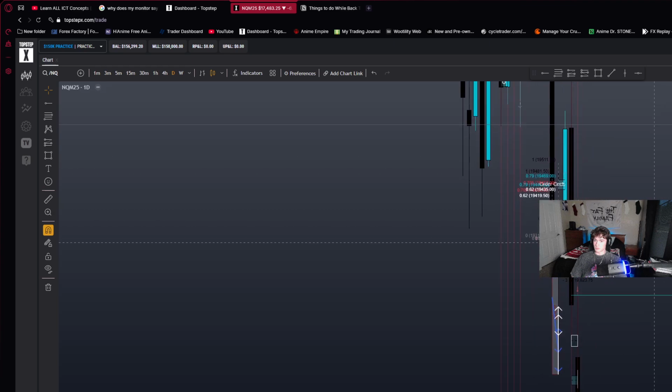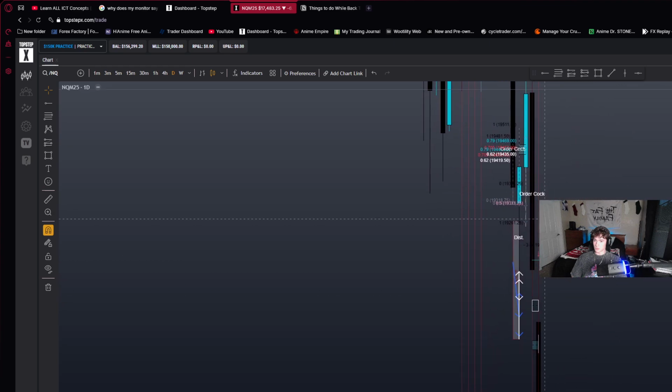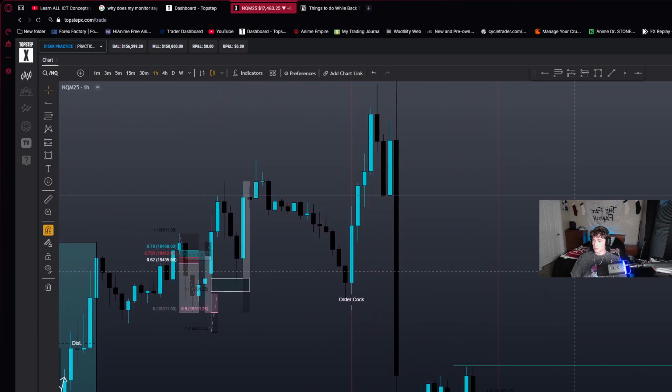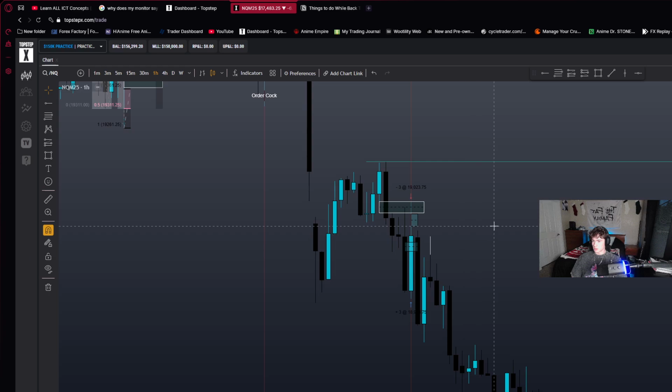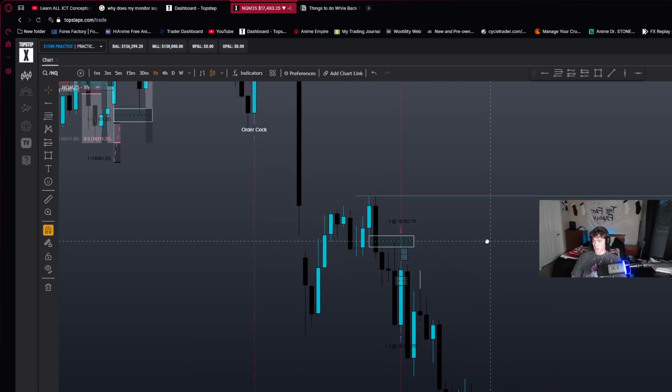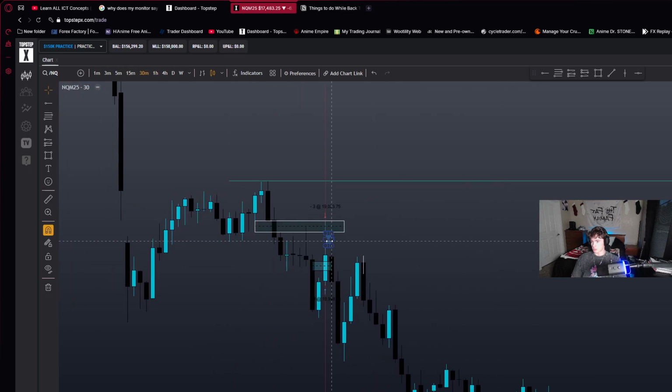Let's look at the daily. We close past this, we're definitely bearish, because we swept liquidity right here. We go on the 4 hour, we're bearish. We go on the 1 hour, we're bearish. We're literally in a downtrend. We broke structure. We break past this fair value gap. We close past this fair value gap. We retrace pre-market to this fair value gap. Looking for another retracement at market open, because that's how price works. Anyways, we're bearish. That's how this works.